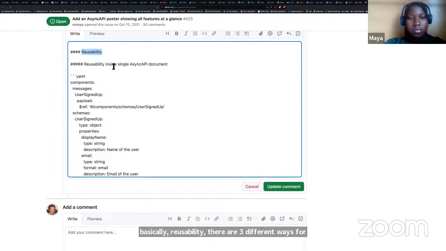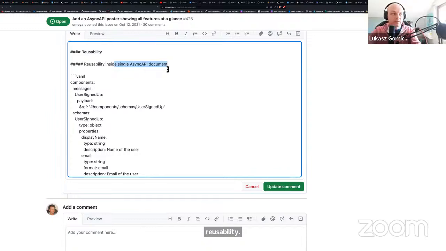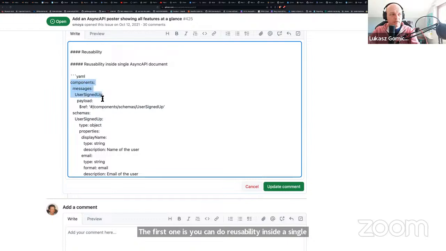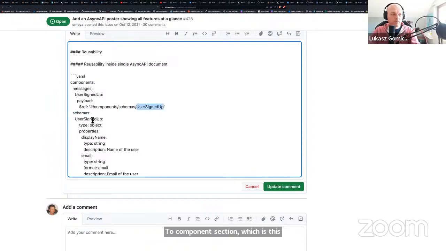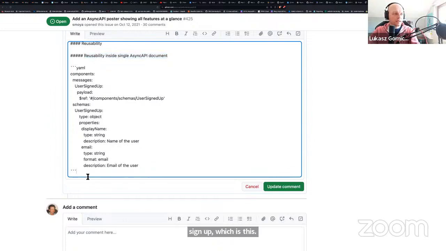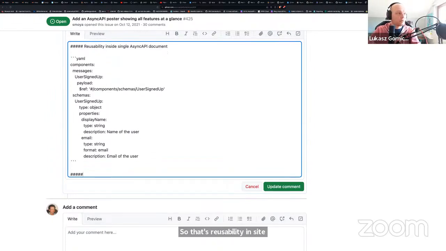The first one is you can do reusability inside a single AsyncAPI document. So you have, for example, here an example where in the same document you have a reference that points exactly to the same document, to the components section, which is this, to the schemas section, which is this, and to user sign up, which is this. Okay. So that's reusability inside a single AsyncAPI document. You can also have reusability